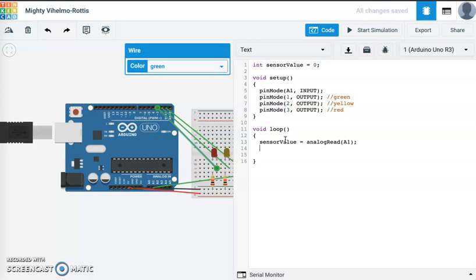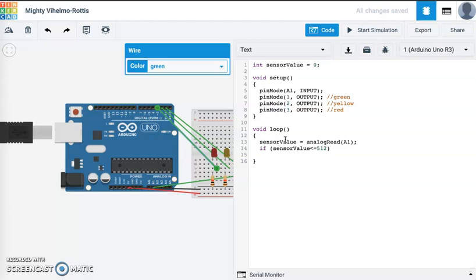Let's say we've got 3 things here, and if it's below half, then we're going to be in the green. So if our sensor value is less than, actually let's make it less than or equal to 512,